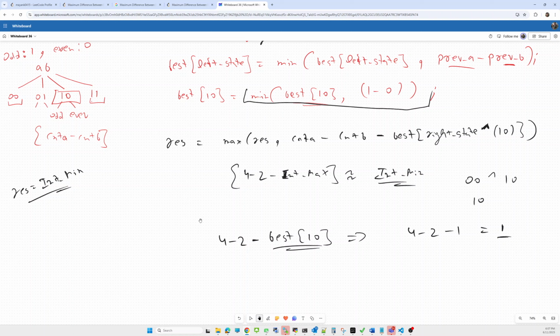Let me try to explain my intuition again. Let's try to visualize the thing. We are having four kinds of states: 00, 01, 10, and 11.